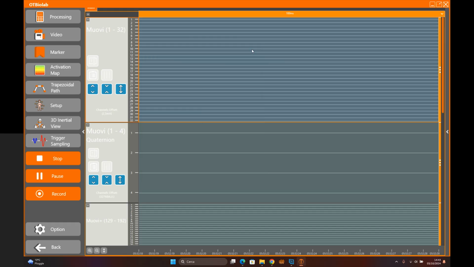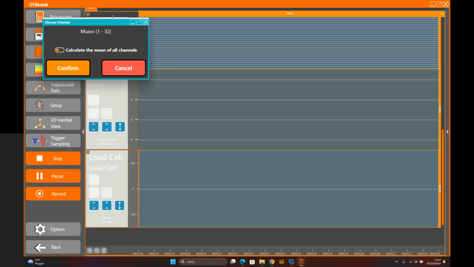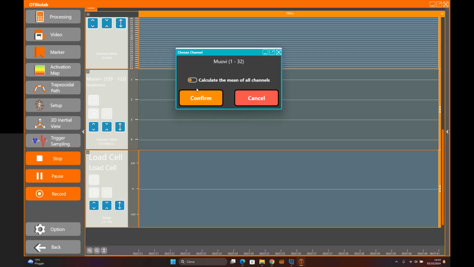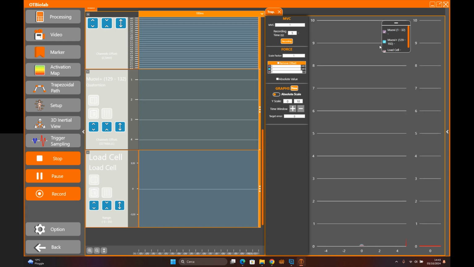Now I want to show you that you can have multiple tracks in a single trapezoidal. If you select many of them, like in this case, and click on the trapezoidal, the software asks me what I want to do with the two group tracks I have. Let me confirm I want the mean for both of them, and as you can see here now you have all of them in the graph. Okay, of course you are forced to follow the same path,